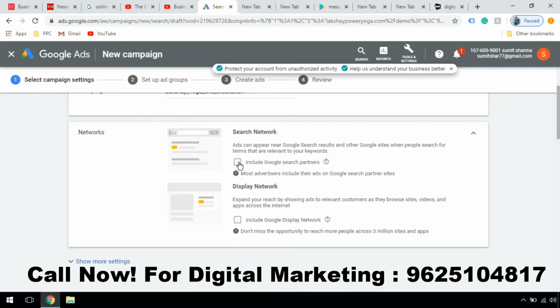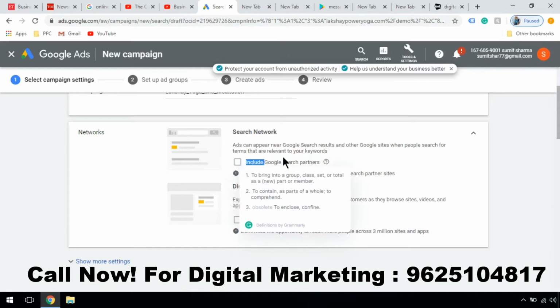You can go to the network settings and deselect this option, and you will be opted out from the search partners and your ads will not be shown there anymore.